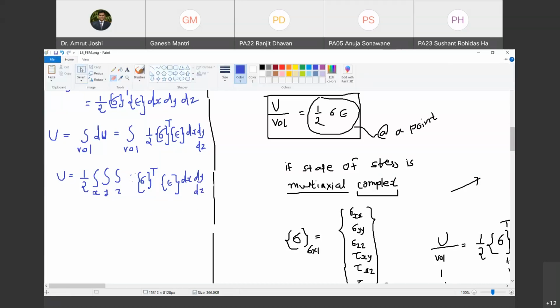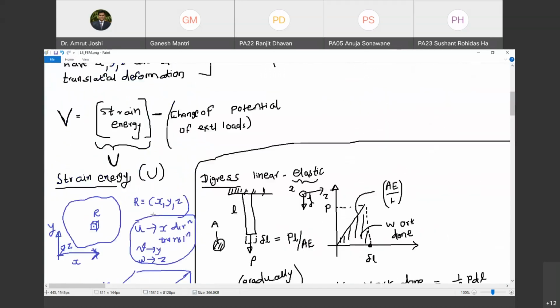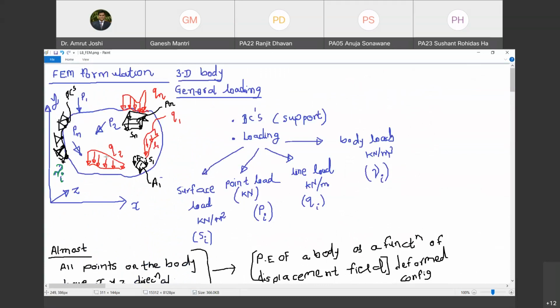Now pay attention to what I am trying to say. What are our primary unknowns in the solution of any problem in structural mechanics? The primary unknowns are U, V, and W. That means displacement fields are the primary unknowns. Once I know U, V, W, that is the x directional, y directional, and z directional translation at every point on the body, I am done. I can do whatever I want. I can draw SFD, BMD. I can find principal planes, principal stresses, deformations, and whatnot. Are you with me? Yes, sir.